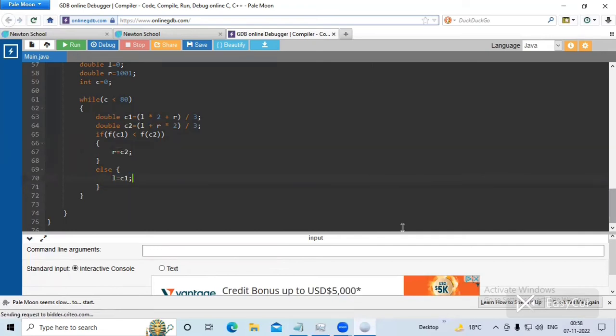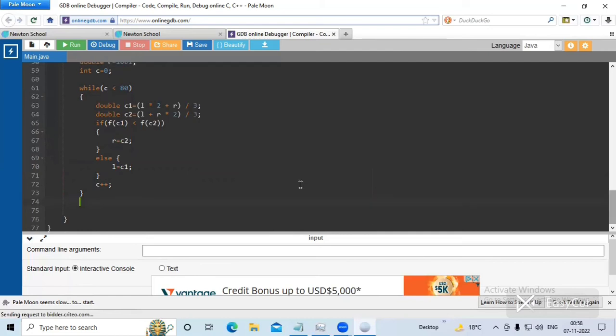And after that we have to increment the value of c. So here we'll write c++. And after that here we'll write